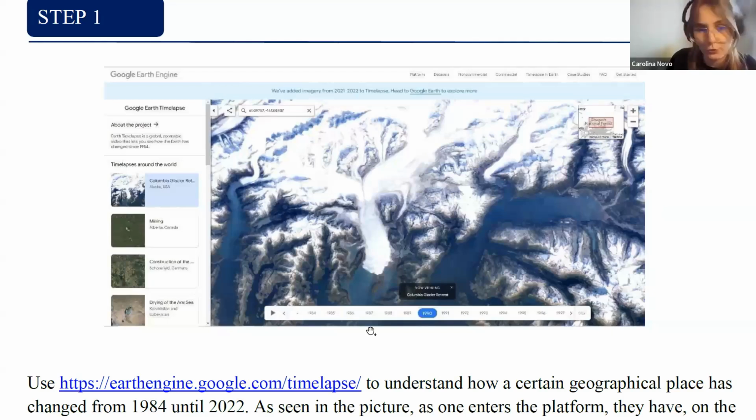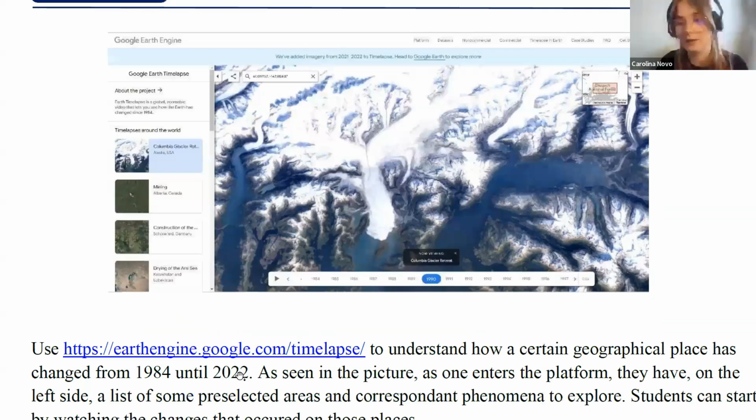They can choose the year that they want to visit. I know you cannot see it very well, but it goes from 1984 to 2022. So it's a big timeline, and it's very interesting because now they can see the real impact on the place that they chose and what happened in that period of time.